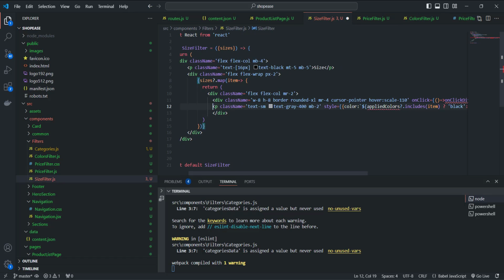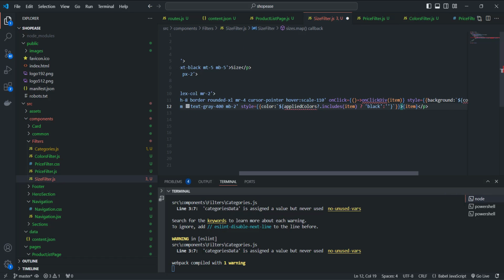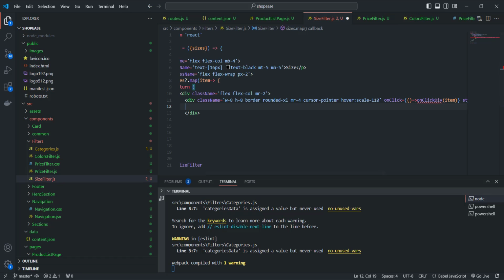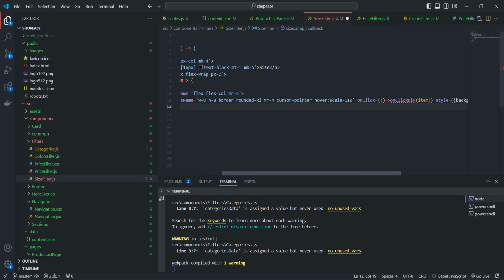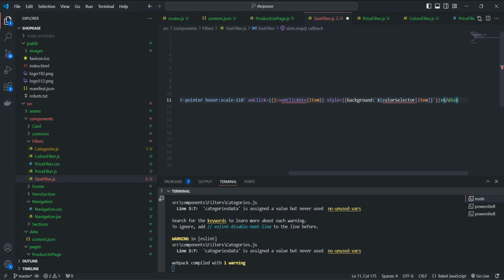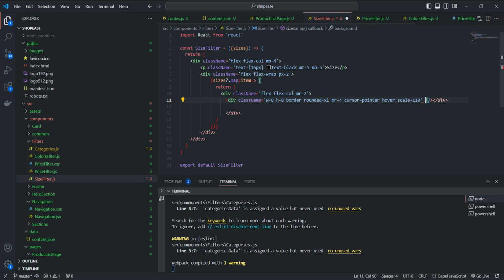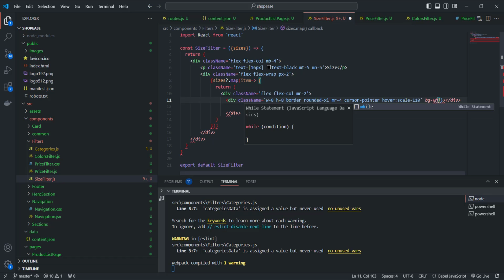So here we don't need this. Let's remove this first, put background white,